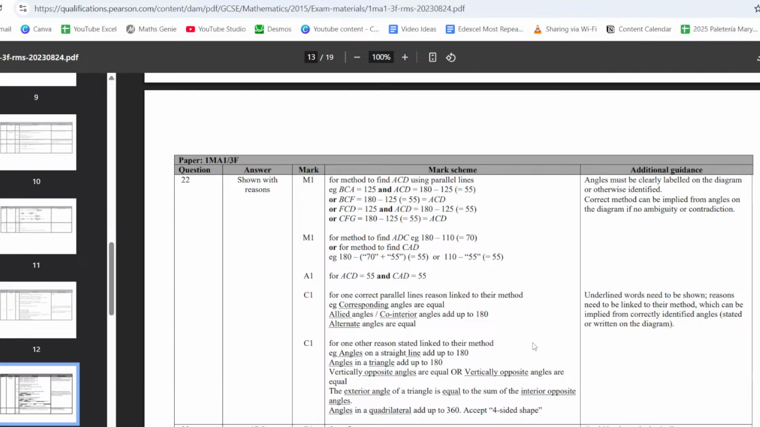So I put like 4 reasons, but technically they were only looking for 2, but you just never know. So I write all of them. So either you could put angles on a straight line add up to 180, angles in a triangle add up to 180. Those are the two things that I used. They've given you loads of different options actually,